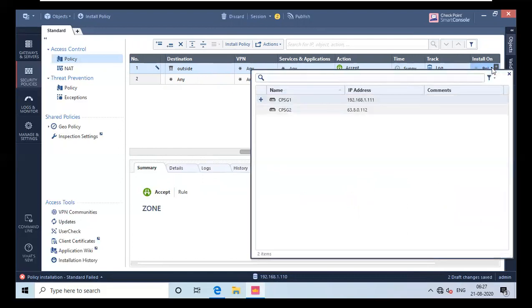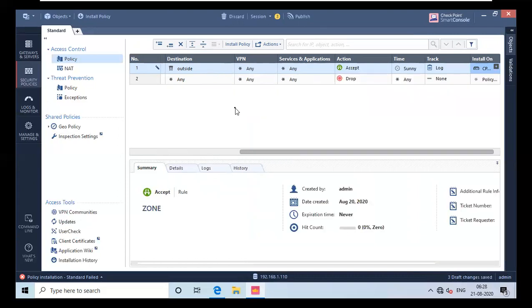So there are two devices which this rule can be implemented on, which is CPSG1 and CPSG2. So I will only implement it in CPSG1 as I have not defined any inside or outside interface in CPSG2. So I will just click on CPSG1. Next, what you have to do is simply publish and install this policy. So I'll go for publish